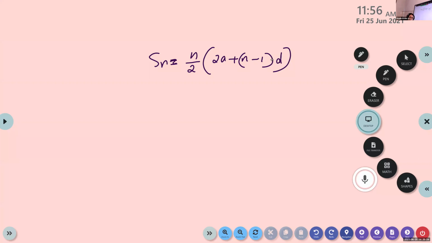In all these questions, the last term is not given. After 3 or 4 terms, it puts etc. Last term is not given, isn't it? Just look at the questions. Only 2 or 3 terms are given. After that, it puts etc., and we need to find the sum of this many terms, 10 terms, 20 terms, 100 terms. Okay. Suppose the last term is given, what is the benefit of that?